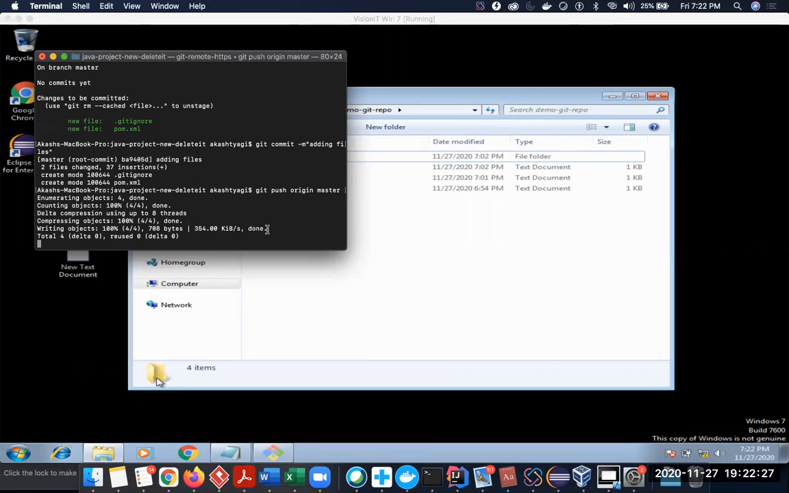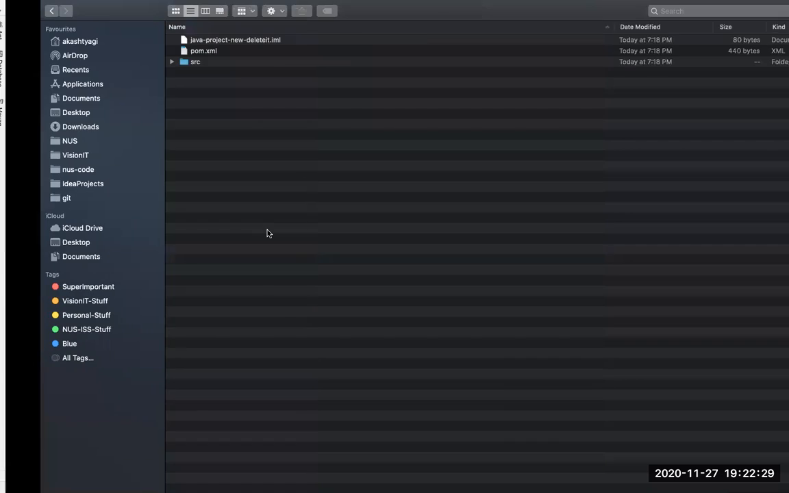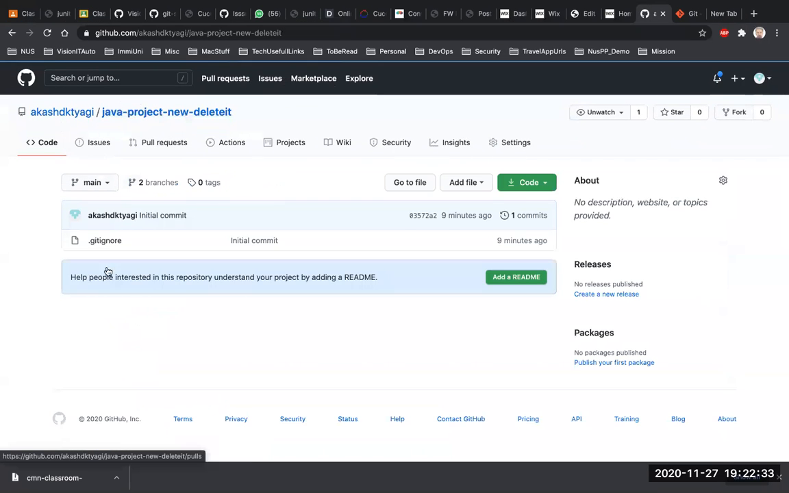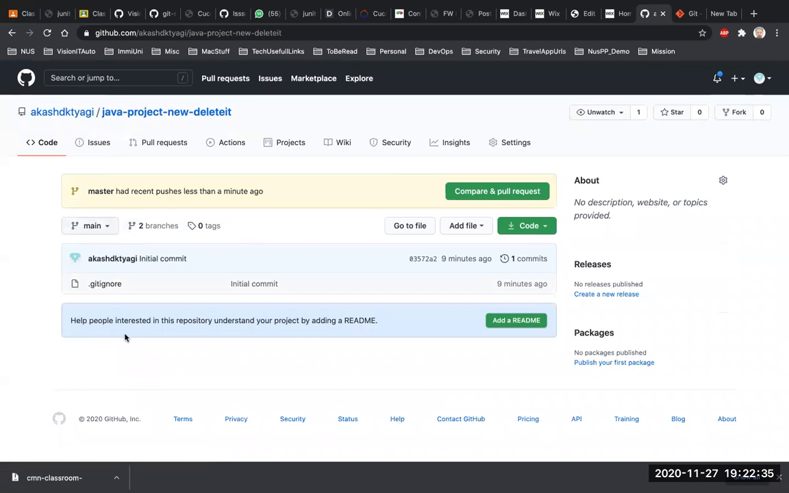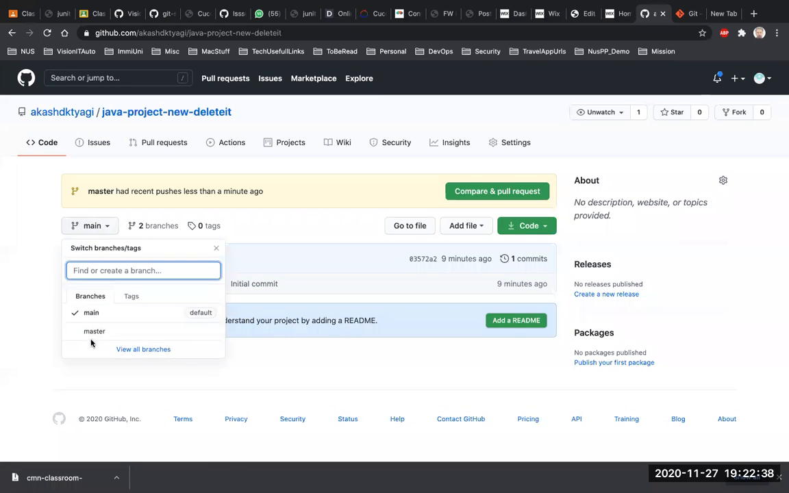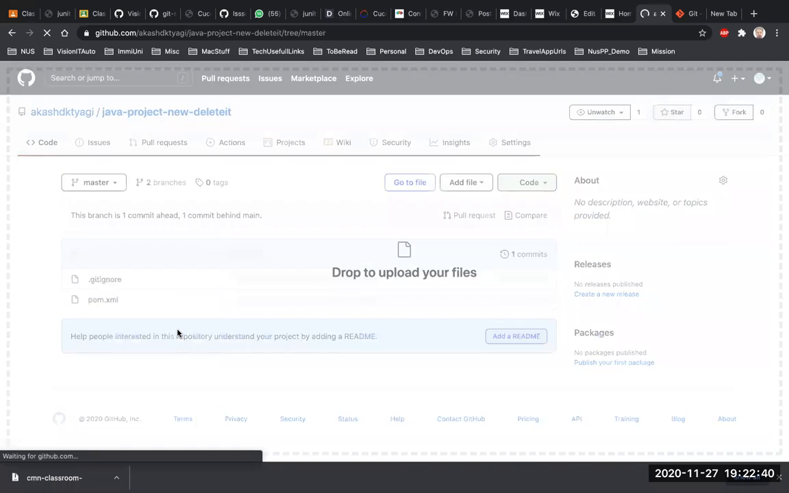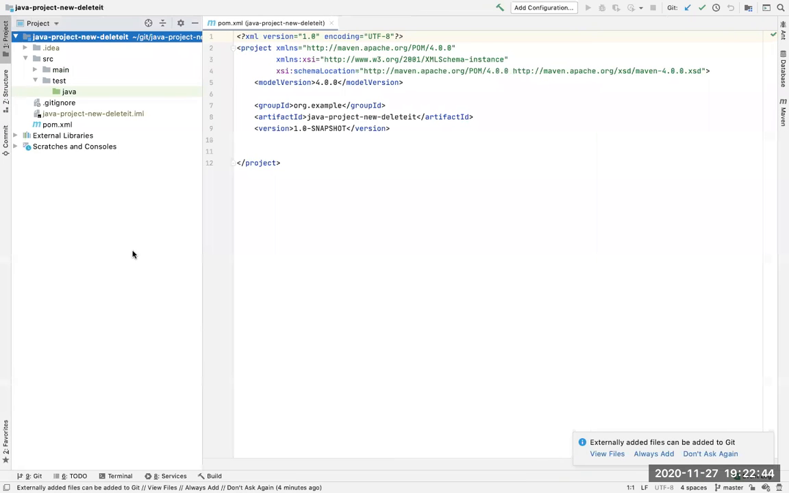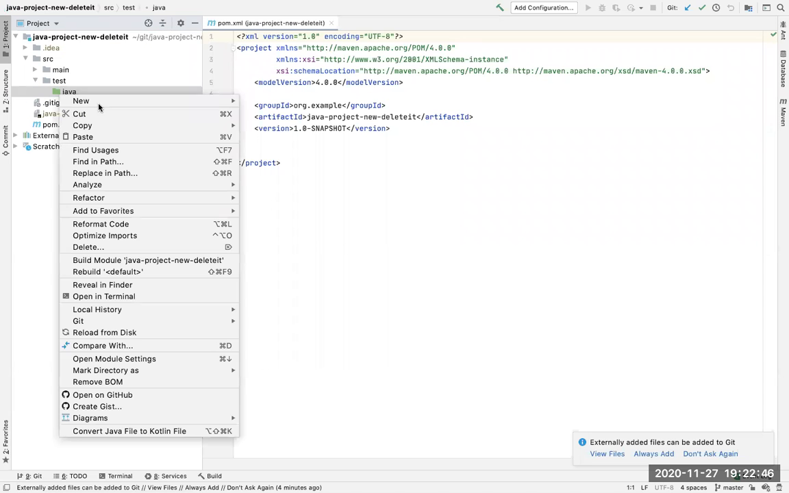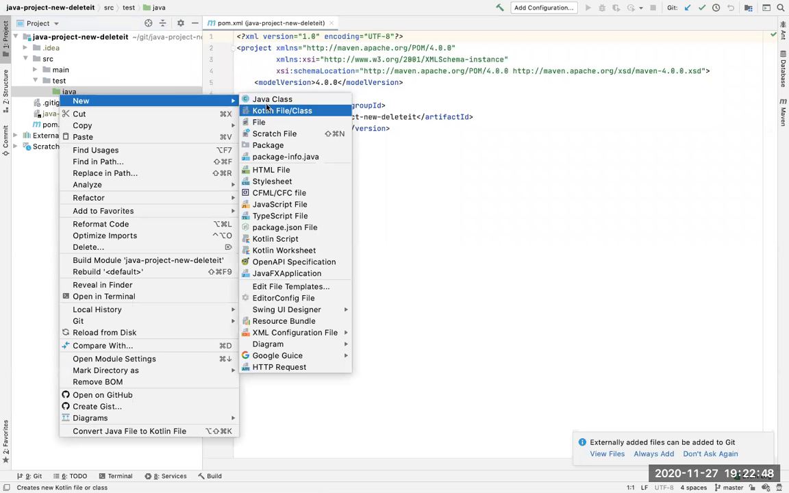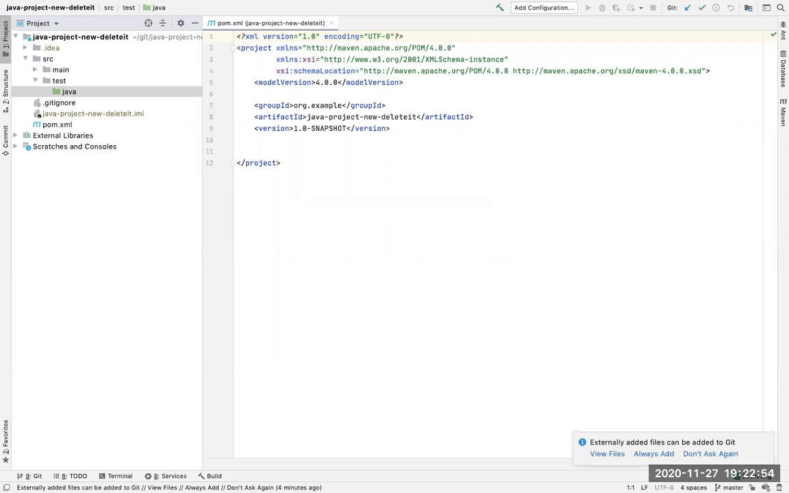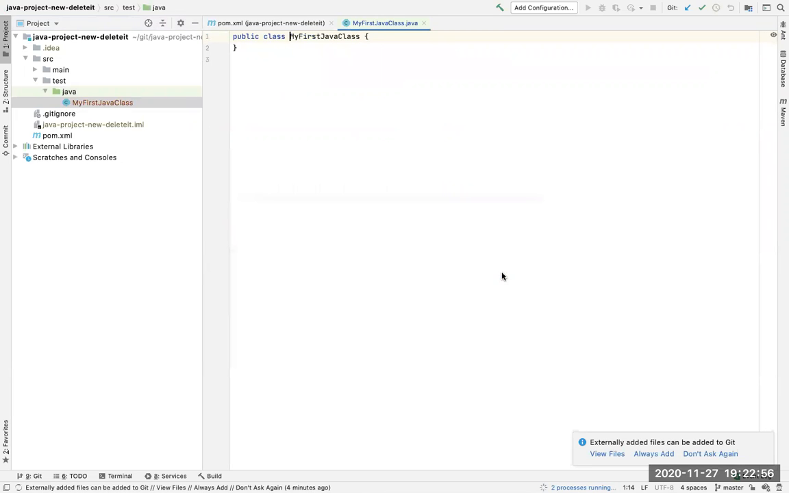The moment I do this, my project is now part of the repository. How will I check it? Just go there. And right now I am in the main branch, so you will not see anything. If I go to the master branch, this is where my code is. You see, I have my code here. Now, what if I want to add a new file here? So I'll go create a new file. Let's say Java class, my first Java class. Click on add,